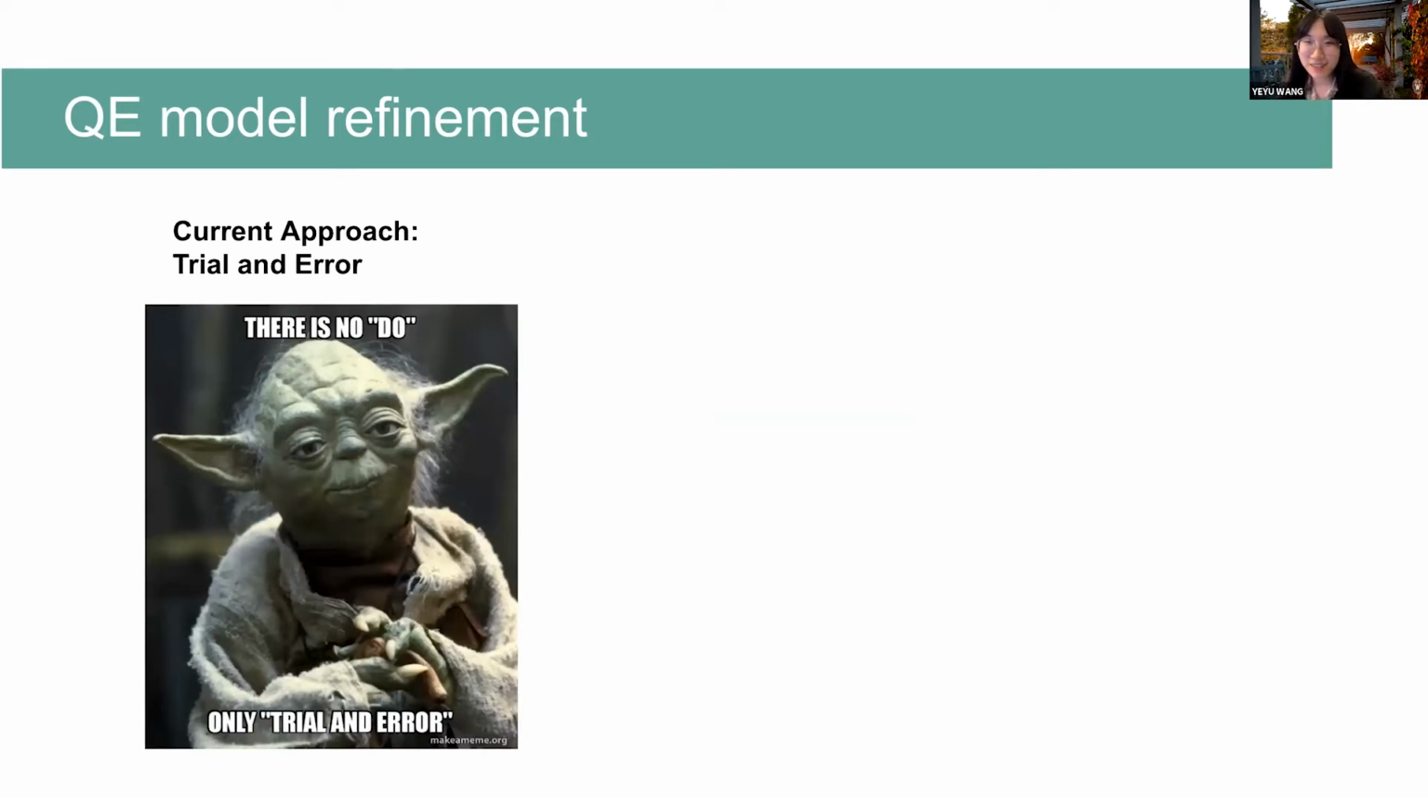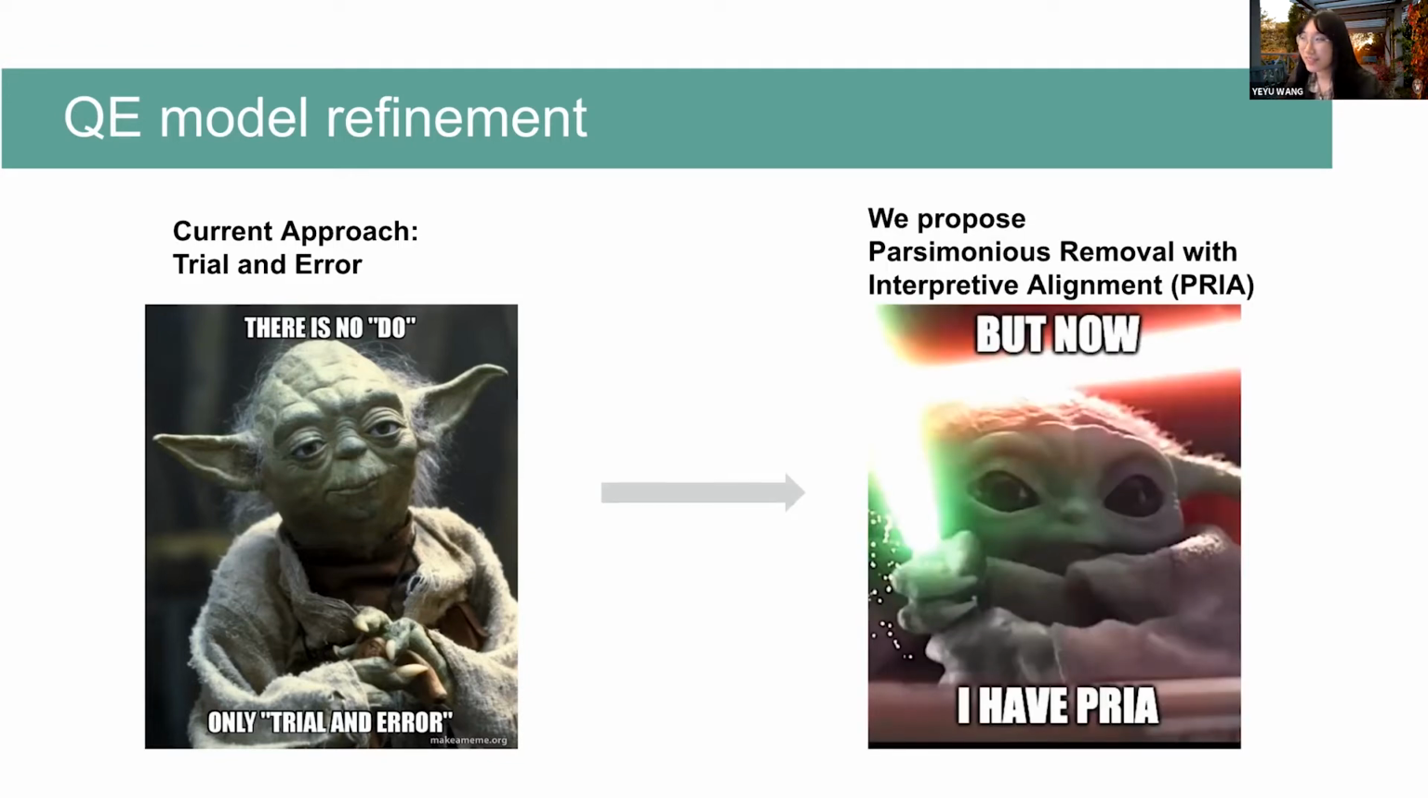This brings a challenge to researchers in the field. Currently, researchers conduct QE model refinement using a trial and error approach. So folks select one or more codes to remove, and then they check the deflated model to see whether the interpretive alignment is maintained. Since there is no principled way to do the model refinement, this process is usually very time consuming. To address this challenge, we propose the parsimonious removal with interpretive alignment, which is short for PREA,